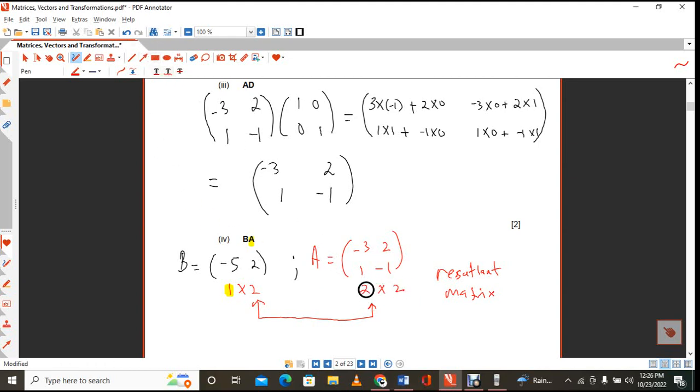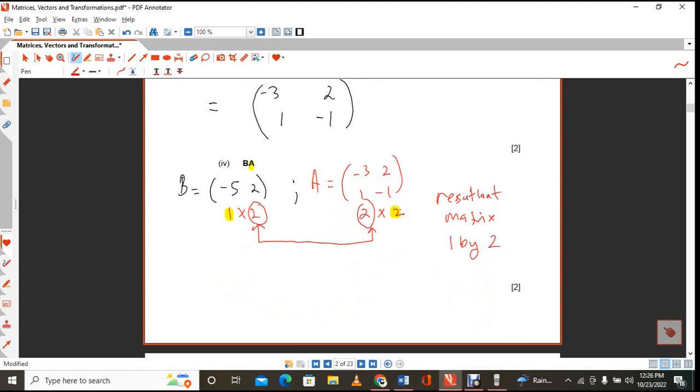Okay, so the numbers in the middle are the same, therefore we can multiply, and the resultant matrix, our answer that we'll get, will be a 1 by 2 matrix. That means 1 row and 2 columns. Okay, so let's go ahead then and multiply. So you're going to multiply -5 times -3 plus 2 times 1, that is 2 times 1, and the next one,